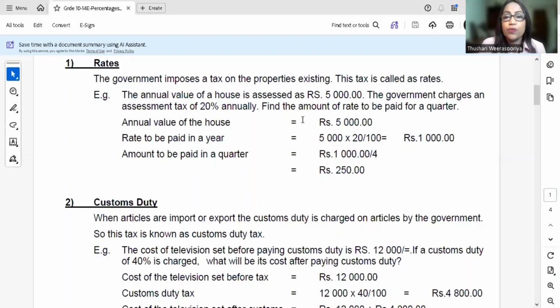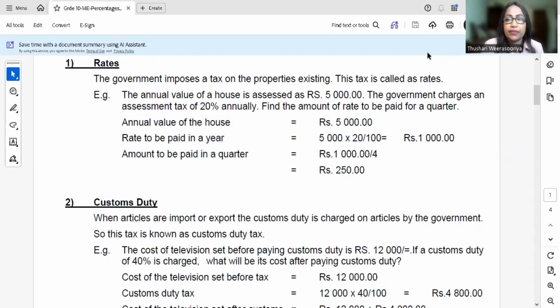Now, taxes. What do you mean by taxes? Taxes is a new topic for you all as children. Taxes are charged by the government. Why? To maintain the infrastructure. To maintain the government, they need money. Right now, you get free education, free medicine. To maintain those things, they need money. So they get money from rich people, right? Taxes we get from rich people